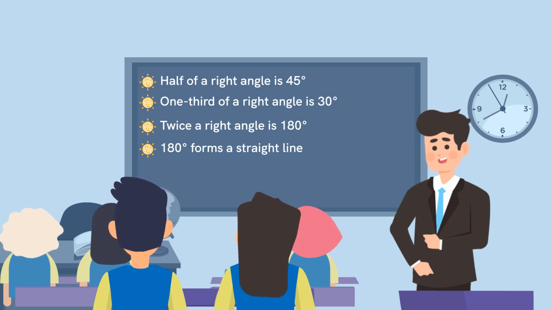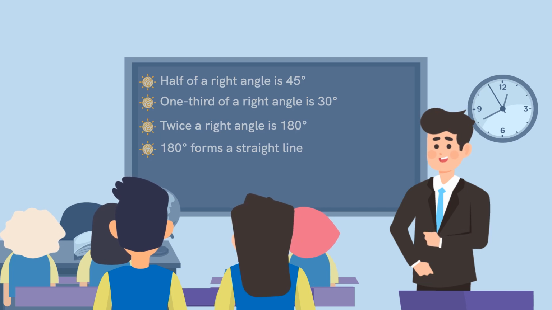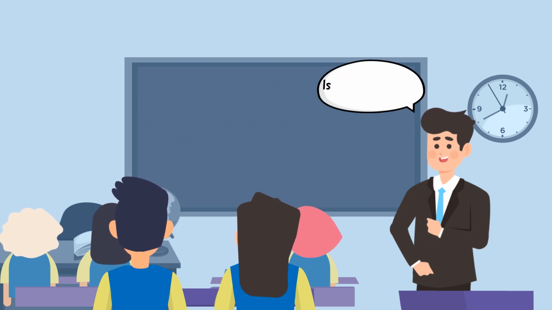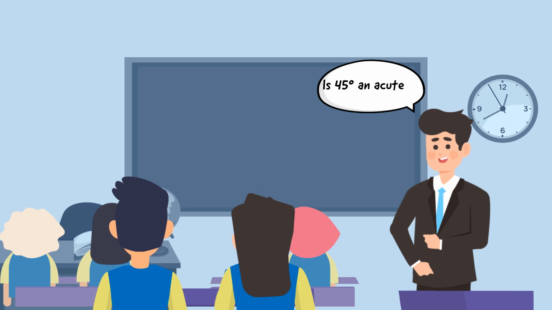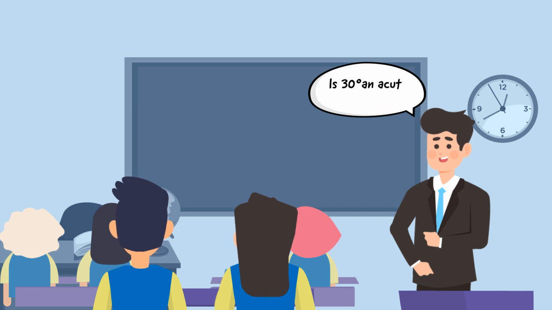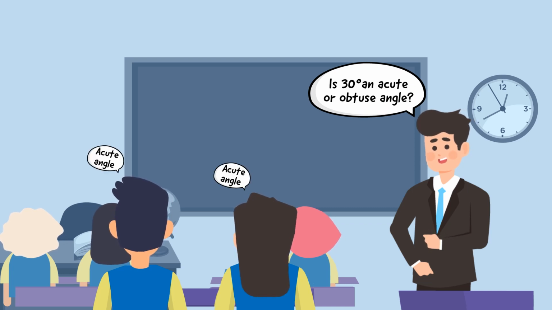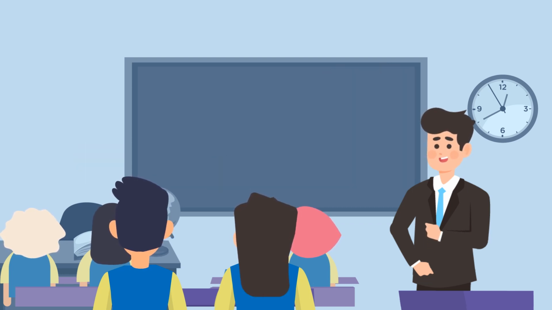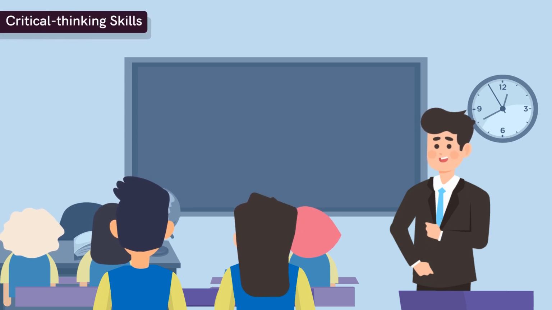Now, to further guide the students in classifying angles based on measurement, ask them if 45 degrees is an acute or obtuse angle. Also ask them, is 30 degrees an acute or obtuse angle? Allow the students to respond. As the students try to understand the questions and process their responses, it will aid in developing their critical thinking